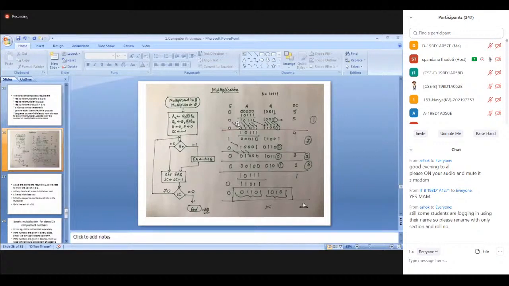When you move the bits to the right side, you will get 0, 1, 0, 1, 1, 1, 1, 1, 0 and 1. Whenever you perform a shift right operation, this LSB bit is neglected or discarded, and this serial input of 0 is transferred into the MSB bit. Clear?